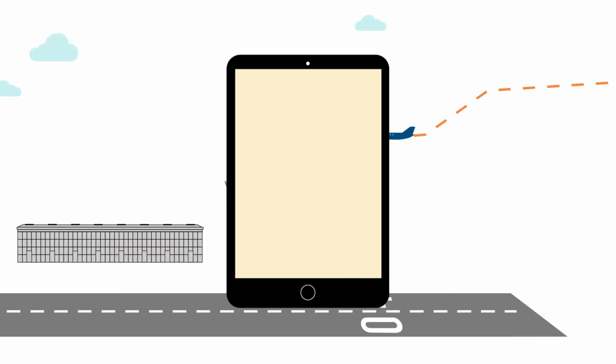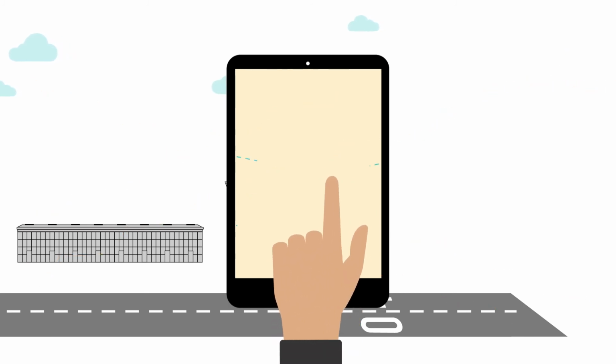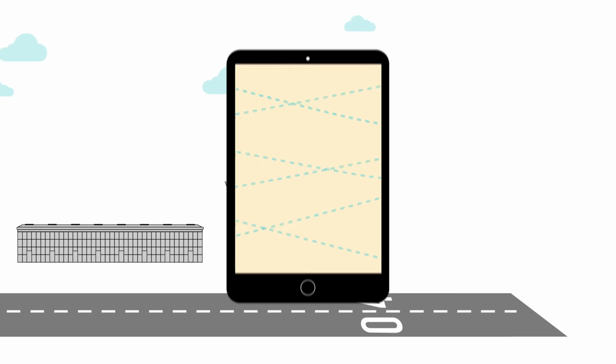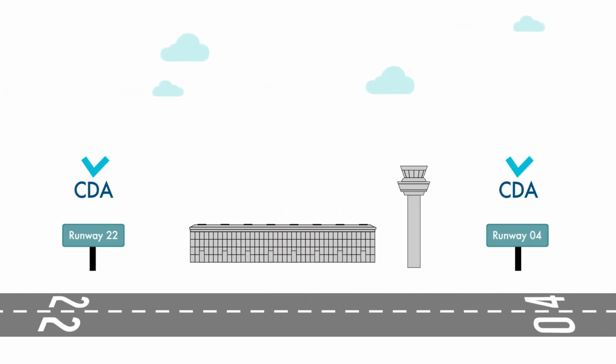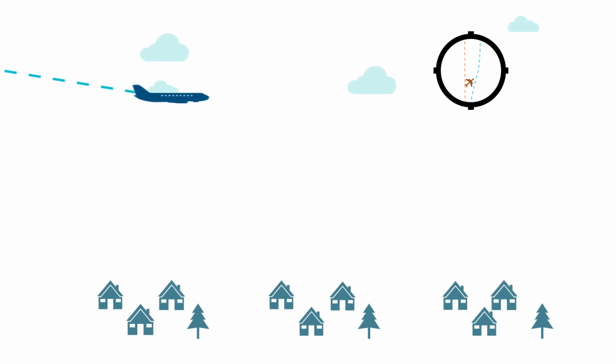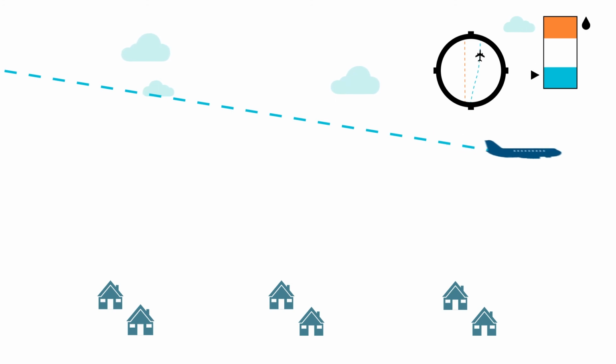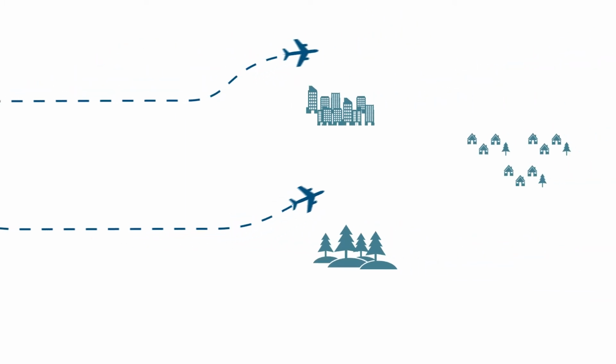One of the aims of airspace modernisation is to reduce existing constraints and implement a systemised arrival route structure to allow for a CDA to both runway ends. Aircraft will follow more precise and accurate routes which will reduce the number of people overflown and decrease the amount of fuel burnt. We will also look at ways to provide respite or relief for the communities, which could involve